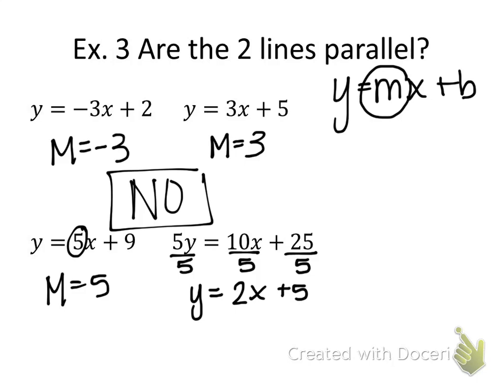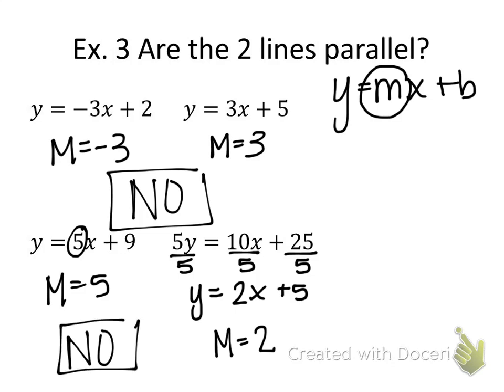Did these have the same slope? What's the slope of this equation? 2. So no, again, is my answer. Now, if this would have been a 2y, and I would have divided everything by 2, then I would have gotten 5x. And yes, I would have had the same slope, but I did not have that in my equation. So remember, it's got to be in y equals mx plus b form. I can't just look at that and go, oh, 10 and 5, so no. You've got to put it in y equals mx plus b form first and then see,